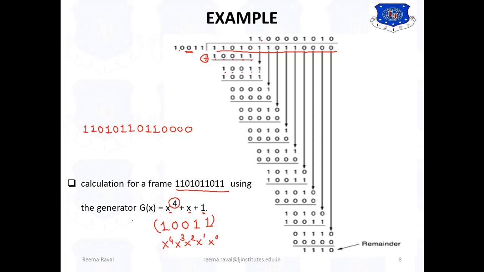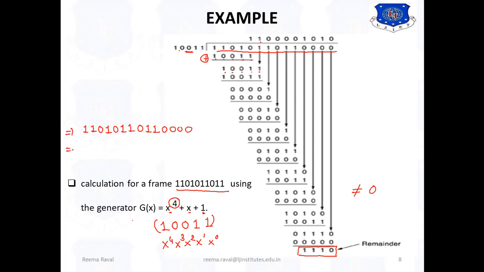Again the same procedure, we are multiplying this with 1. So likewise we are going to perform the binary division by carrying forward these values, and after obtaining this binary division we have the remainder, that is 1 1 1 0, that does not equal 0. Okay, so if the remainder does not equal 0 at the receiver side, it indicates error. But over here what we need to do is append this to the given data sequence.